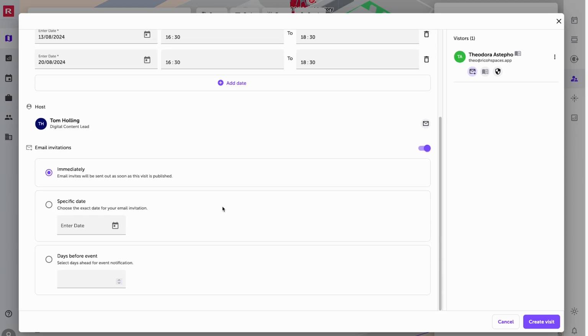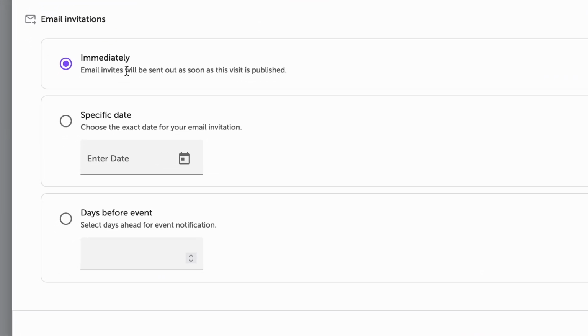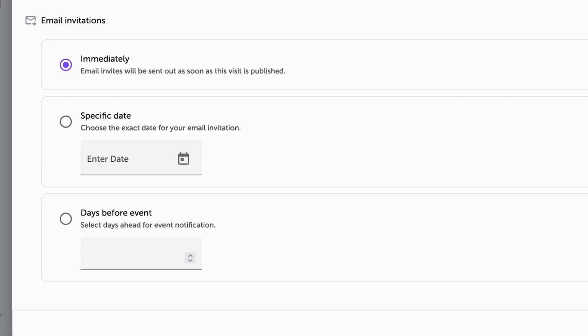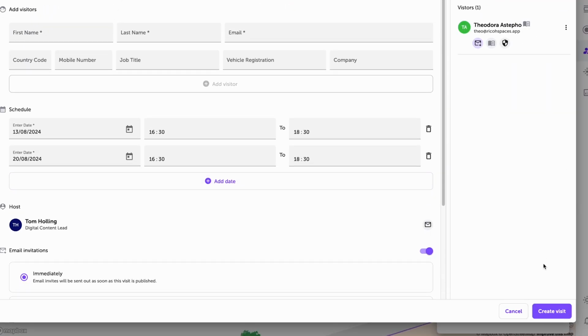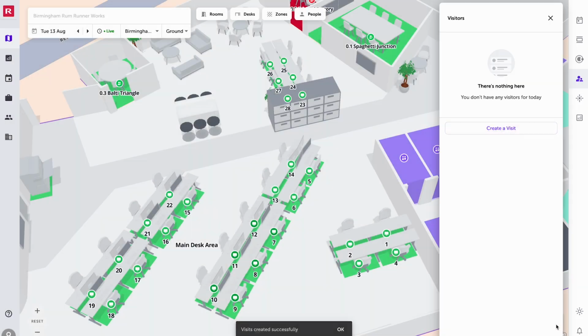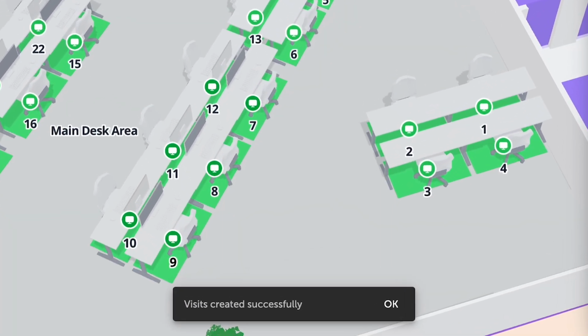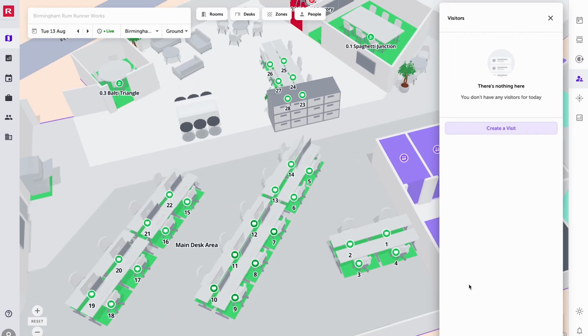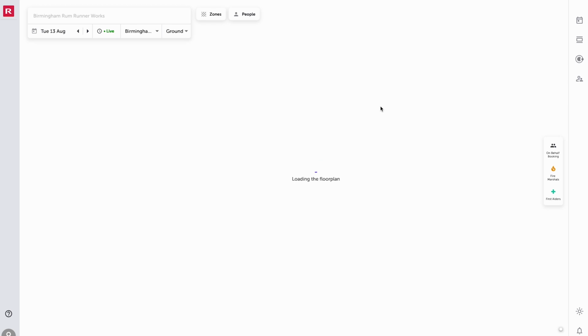And when we do keep it on, we get three options. We can send that email out immediately, we can choose a specific date, or we can send it out so many days beforehand. In this case, I'm just going to send my invites out immediately. And when I'm happy with all the information, I'll go into the bottom right hand corner and click create visit. There we go, that visit is created successfully. We can see it at the bottom of the screen. And once we refresh the page,